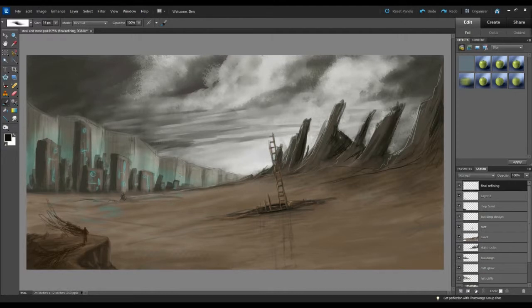So at this point I just throw in a couple extra dark lines to finish up the concept piece. This particular piece is